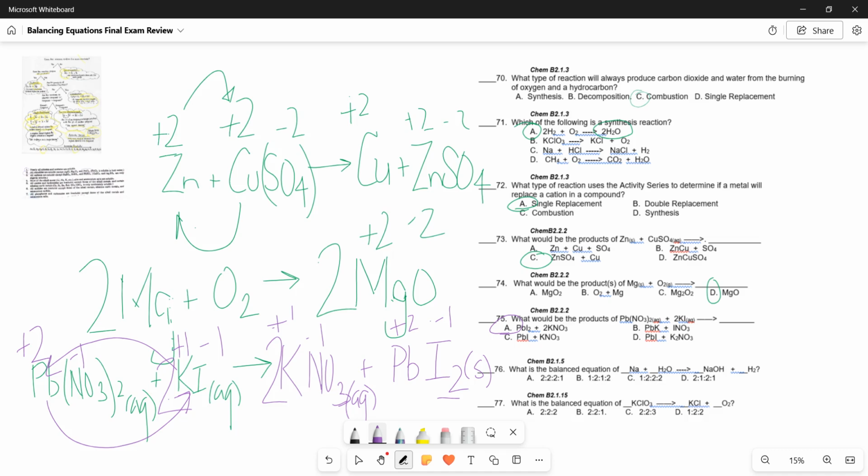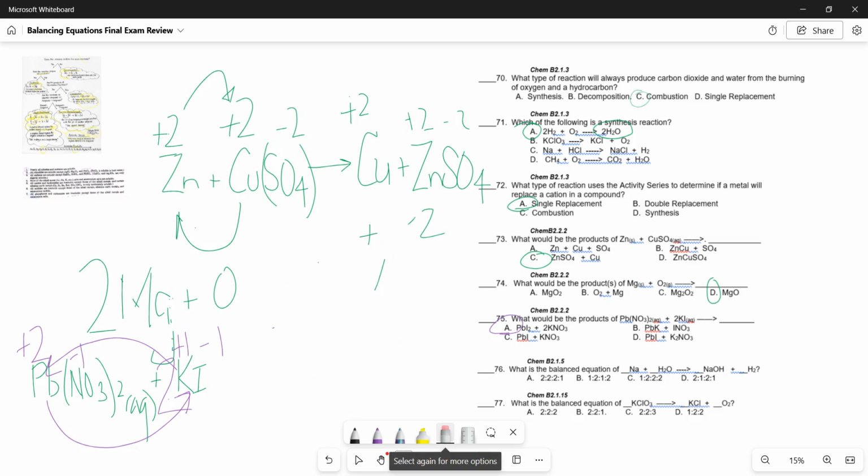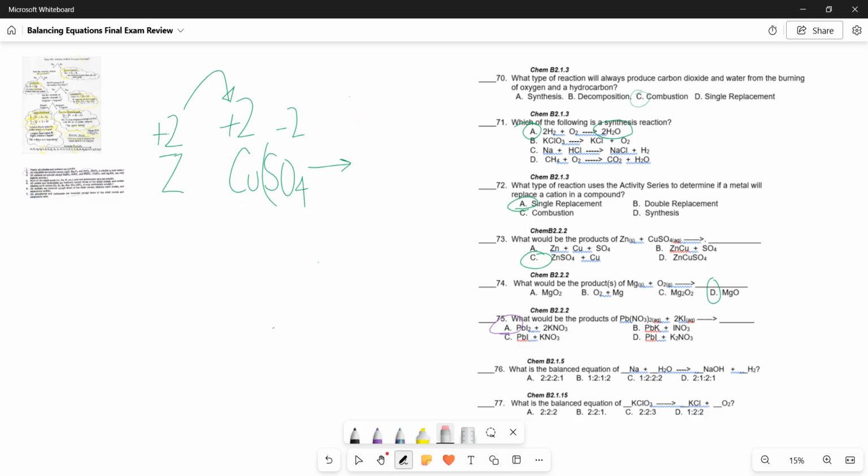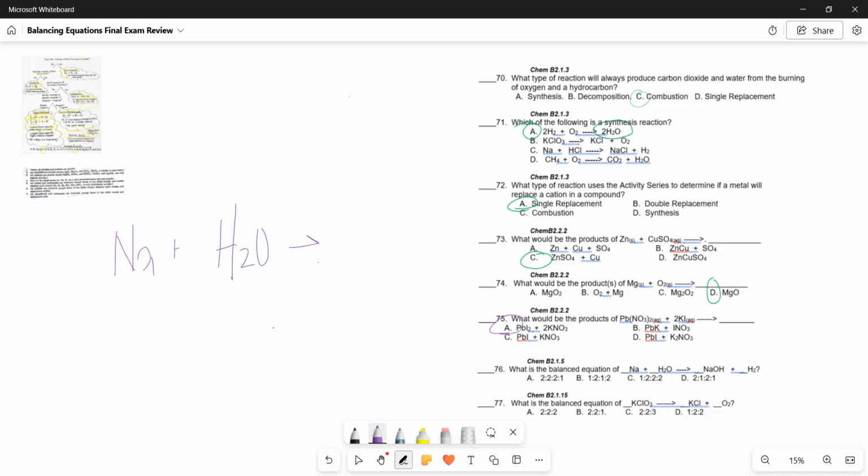Okay, 76. We need to make some space here for writing. In 76, they're having us balance equations, and I need to determine which set of mole ratios are correct for the balanced equation. So let's go ahead and look at the first one. We have sodium plus water gives us sodium hydroxide